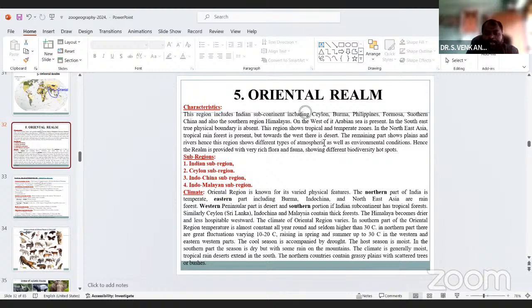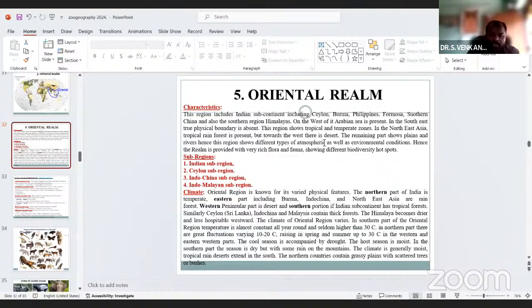Temperature is almost constant all year round and seldom higher than 30 degrees Celsius. In the northern part, there is a great variation from 10 to 20 degrees Celsius, rising in spring and summer up to 30 degrees Celsius in the western and eastern parts.